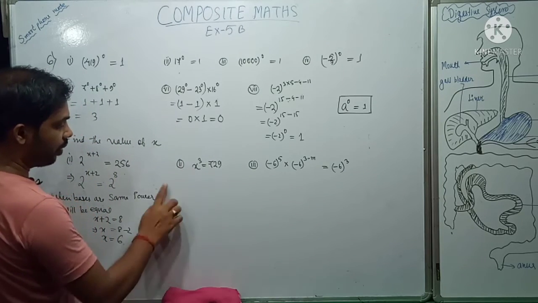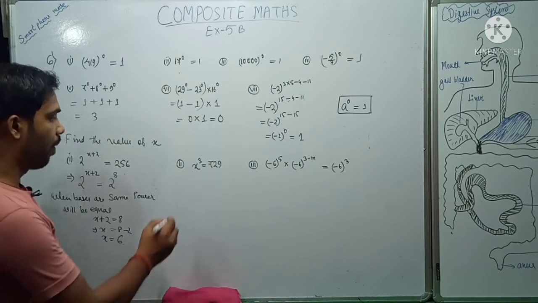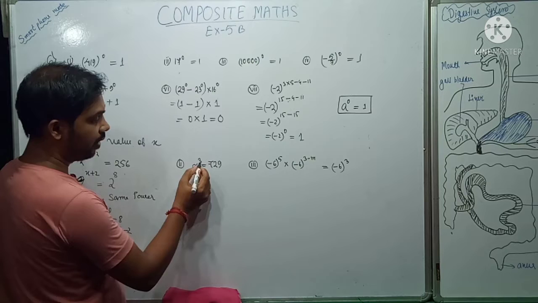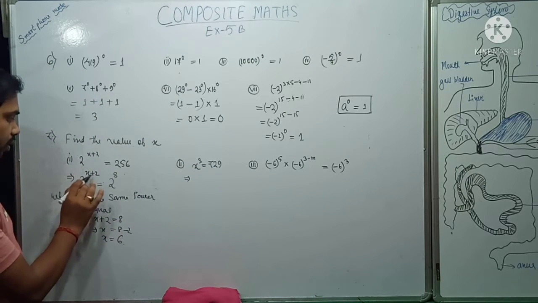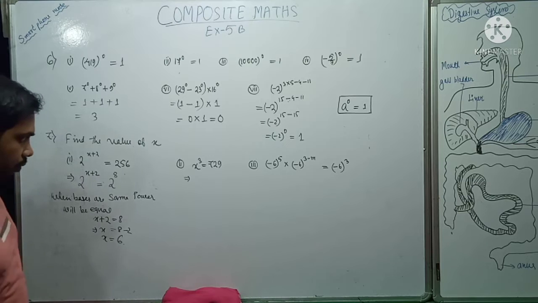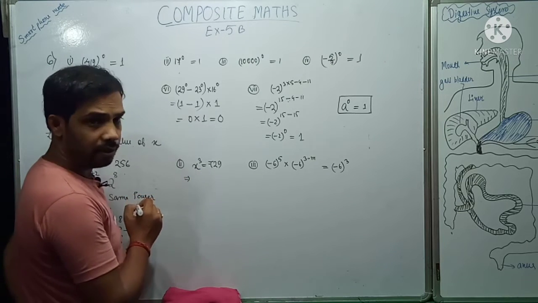So next we will do, so you should learn one thing, factorizing you should learn, then only you can solve all this. Okay, so here how many power is there? 3. Here we don't see a power, x is there. Now can we express this in power of 3? Let's see.